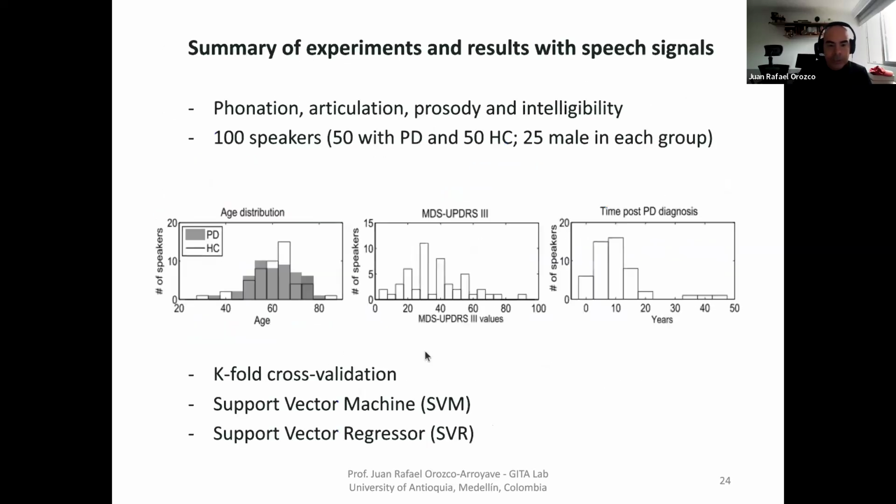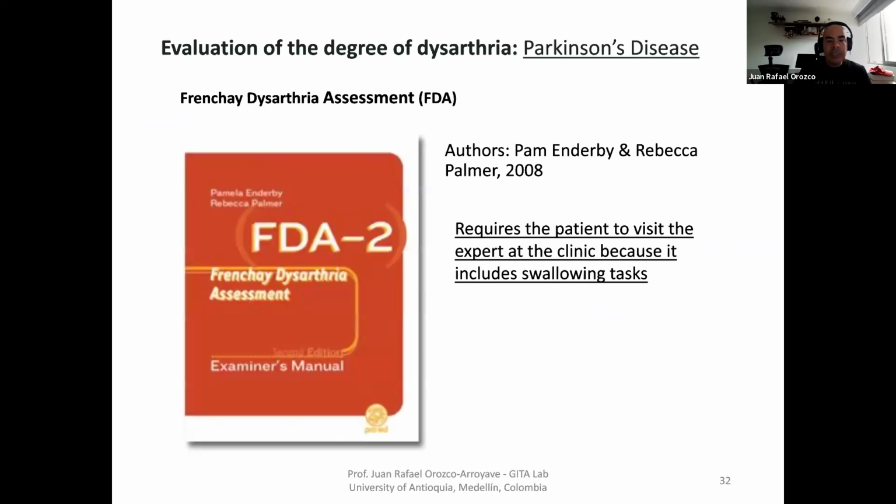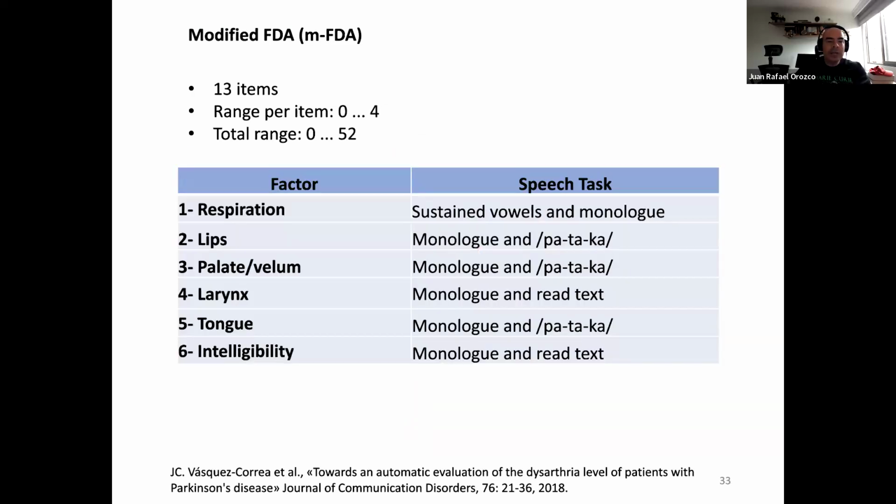Good. Then the problem of this evaluation scale is that it requires the patient to go to the clinic because it includes several swallowing tasks. Then we said, okay, we need a scale that can be used only considering recordings. Of course, what we wanted was to make use of all of the recordings that we had from several years, right? Then we introduced this modified FDA, or modified Frenchay assessment, which is a subset of the original one, and